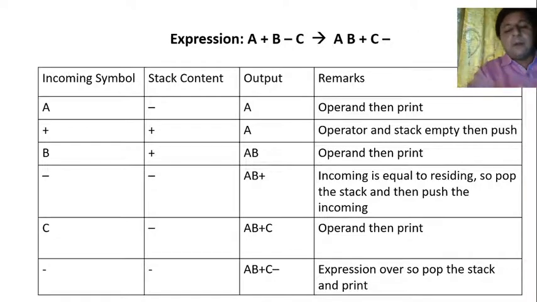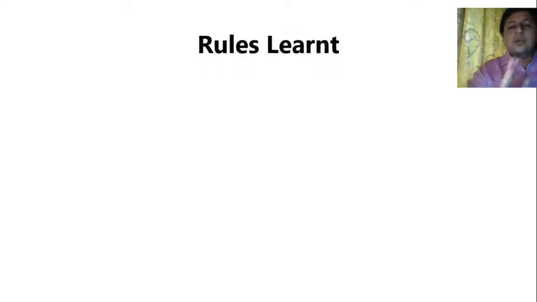But after you pop the stack, if the stack is becoming empty, great, I can push the incoming because I can push incoming on an empty stack. But it might happen that there are multiple symbols on the stack. So after popping one symbol from the stack, there is a next symbol available. So I have to still compare. Even if I still feel that incoming is less than or equal to the residing, the popping should continue because I can push the incoming only when incoming becomes greater, or obviously when the stack becomes empty. So now I can formulate the rule. So what is the rule learned here?